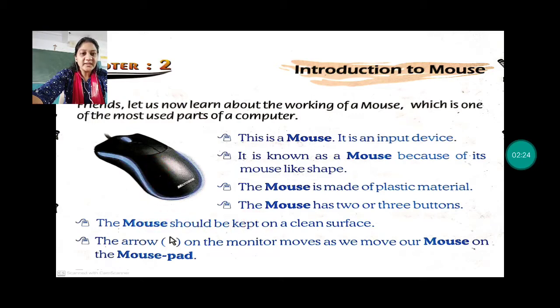The mouse should be kept on a clean surface. Okay. The mouse should be kept on a clean surface. If it is on a clean surface, it would function properly. Okay. The arrow on the monitor moves as we move our mouse on the mouse pad. Now we have a proper place where a mouse is kept, that instrument or